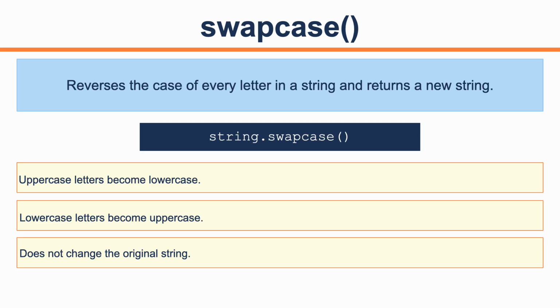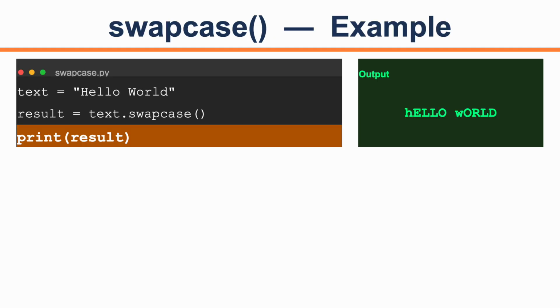The swapcase method reverses the case of every letter in a string. Uppercase letters become lowercase and lowercase letters become uppercase. It returns a new string and leaves the original unchanged. Here we store the string hello world in a variable called text. Calling the swapcase method returns hello world with every uppercase letter flipped to lowercase and every lowercase letter flipped to